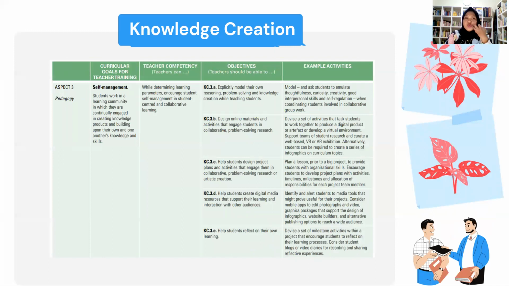Now we move on to the third aspect, which is pedagogy. The first objective is that the teacher should be able to explicitly model their own reasoning, problem solving, and knowledge creation while teaching students. An example activity for this objective is to ask students to emulate thoughtfulness, curiosity, creativity, good interpersonal skills, and